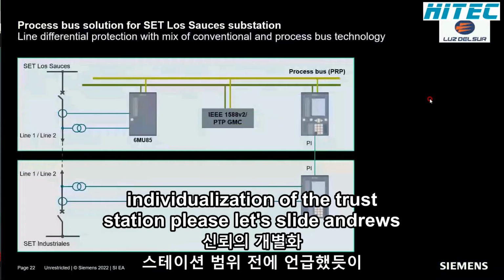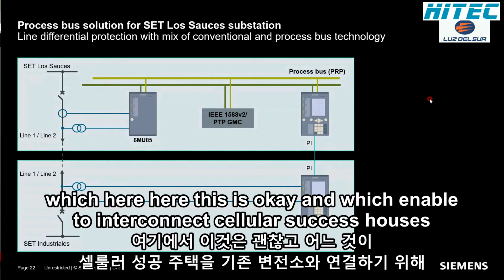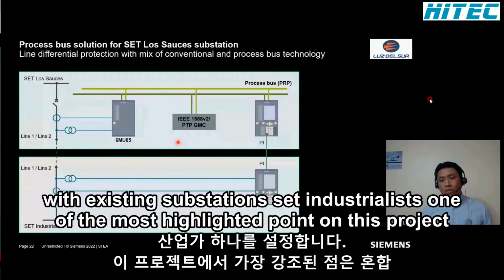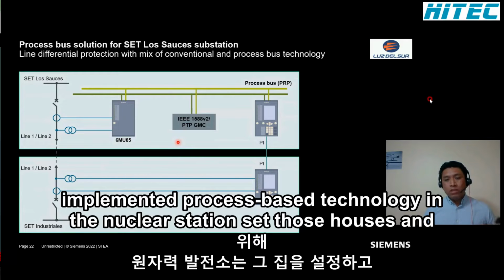Please, next slide, Andreas. As I mentioned before, the scope of the project was to build 2 lines over 220 kilovolts, which enable interconnecting Set Los Olivos with an existing substation, Set Industriales. One of the most highlighted points of this project was the implementation of a mixed scheme for differential protection, where the project implemented process bus technology in the new substation, Set Los Olivos,